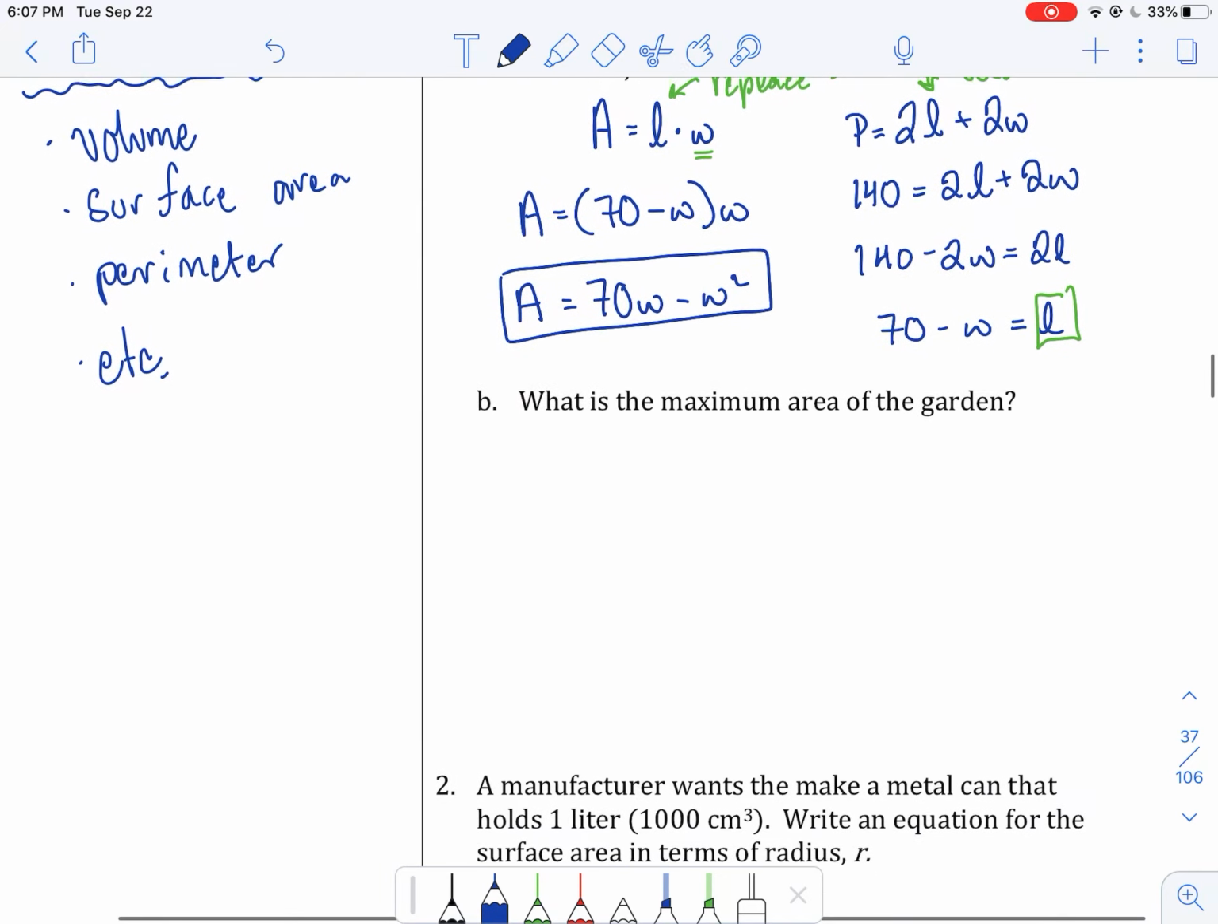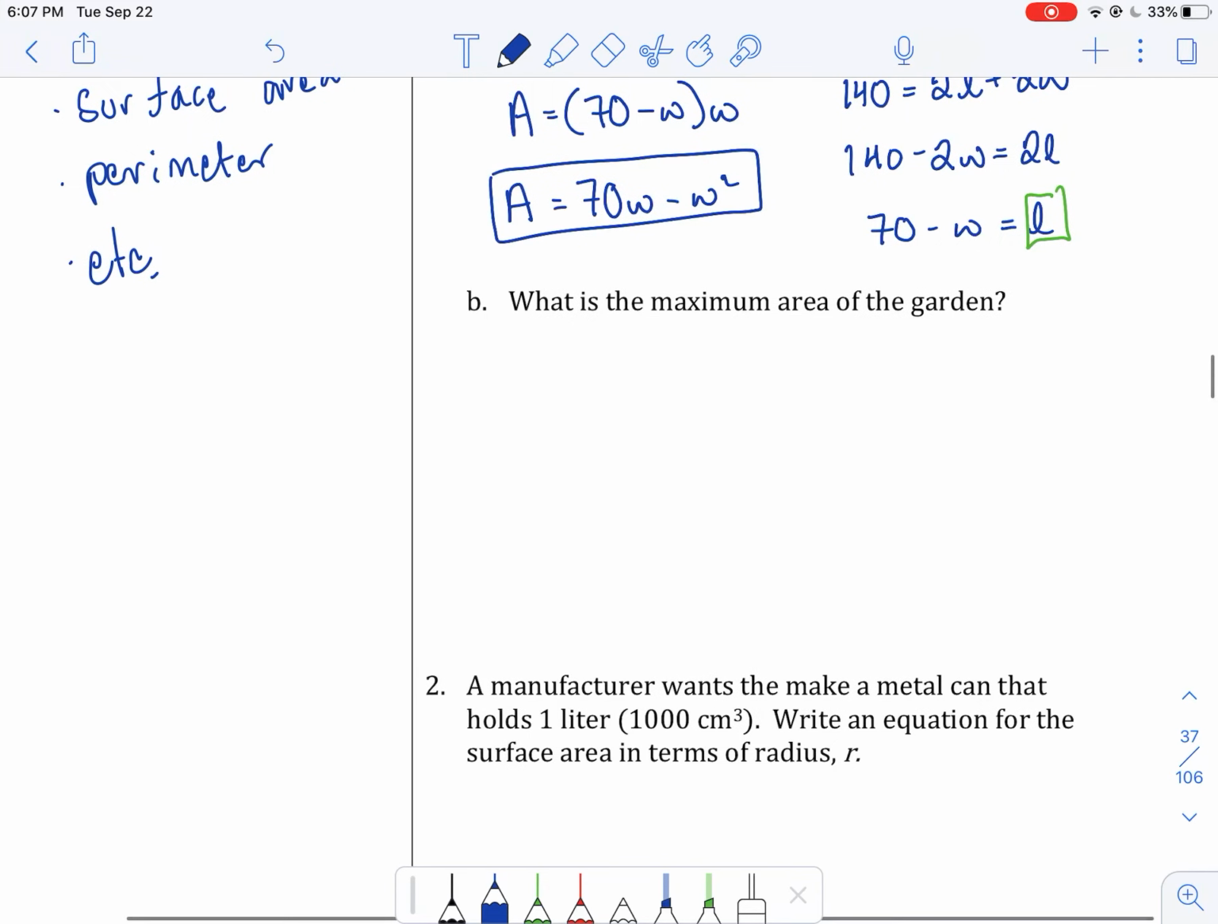Now, the helpful thing of writing a function versus just trying to solve right away is then we can find other things, like what is the maximum of the garden? Well, if my formula is, I might even rewrite it as negative W squared plus 70W plus 0, and I'm writing it in this way specifically because we're asking about the maximum of a quadratic. So that just means what is the vertex